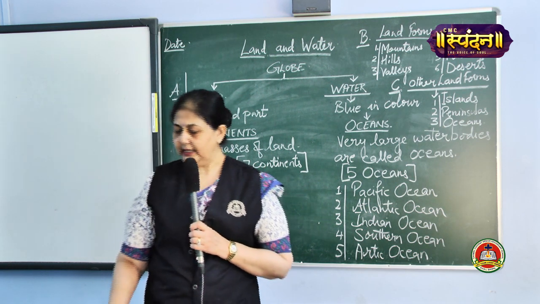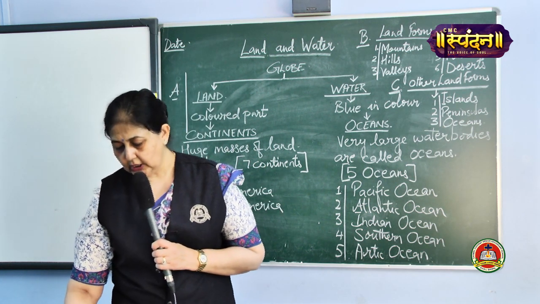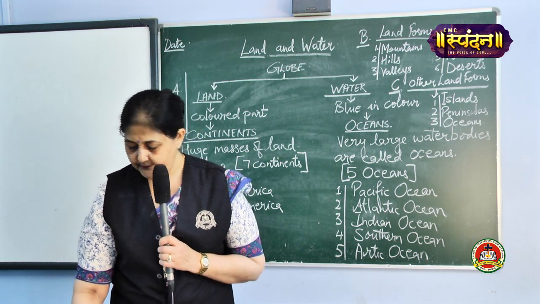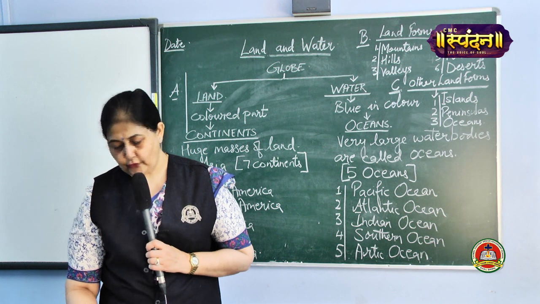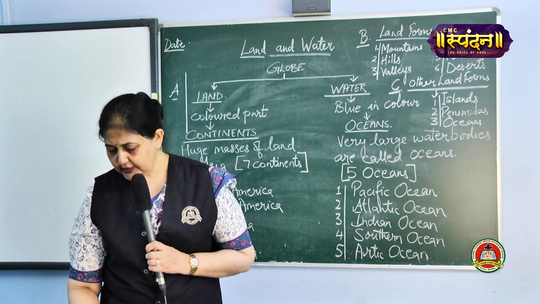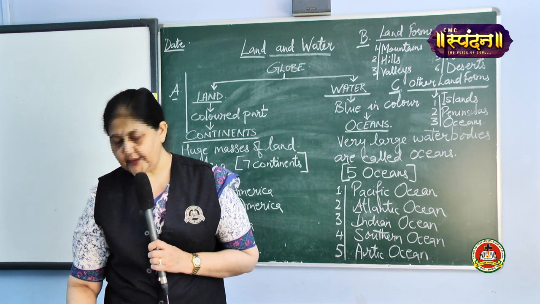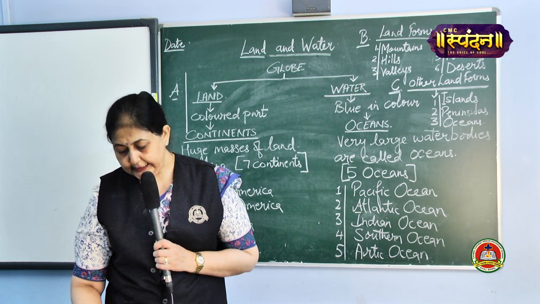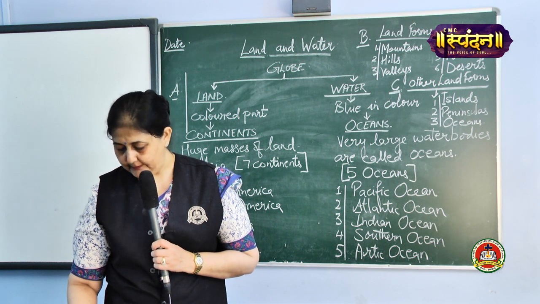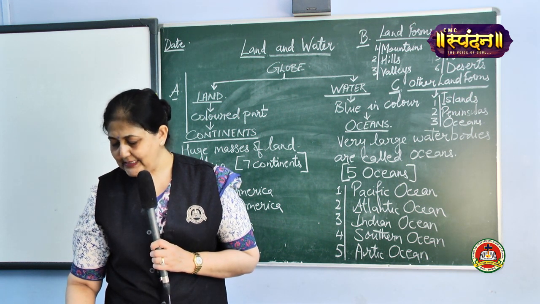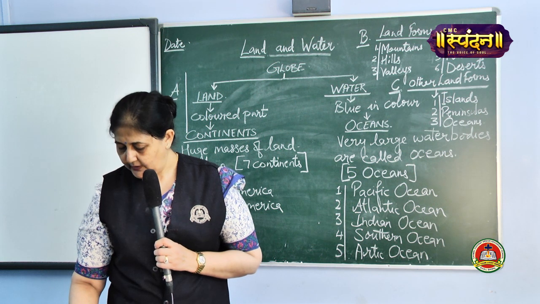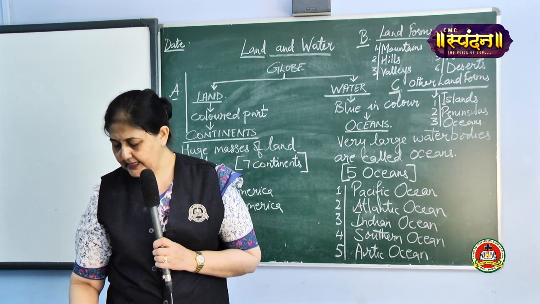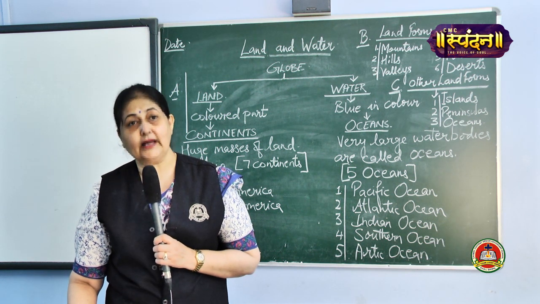Turn the page, children. Can you see the map of the world? On this, the continents and the oceans are marked clearly. Children, landforms. Different areas on the earth are formed and shaped differently. For example, some areas may be hilly and others may be plain. These are known as landforms. We also call them natural features. Since they are formed naturally, they are natural features, children.